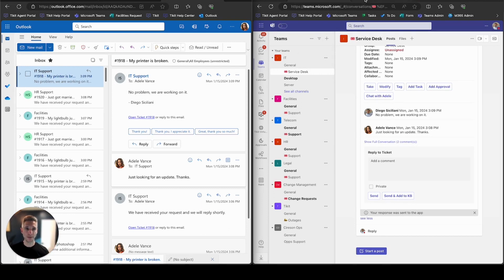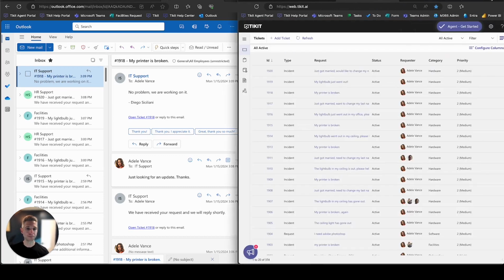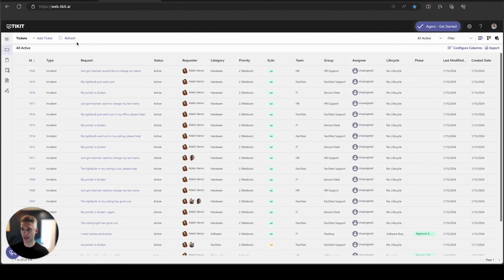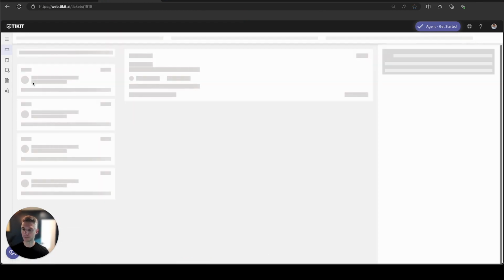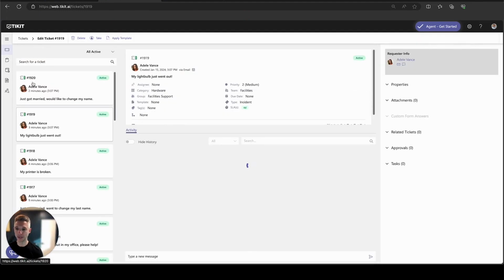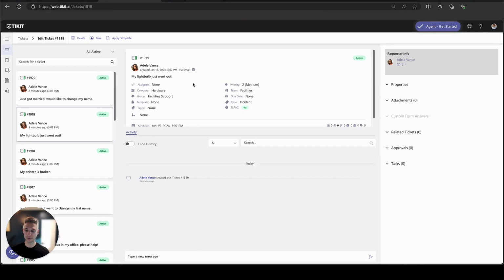So let's navigate over to the Ticket Agent portal, and let's take a look at ticket 1919 here, which is that ticket for that light bulb issue. Now, when we travel to a ticket in the web, we actually visually notate that this ticket was created via email here. So you'll see here, via email is highlighted here, so we know that it was created via email. And if Diego were to add a comment here,